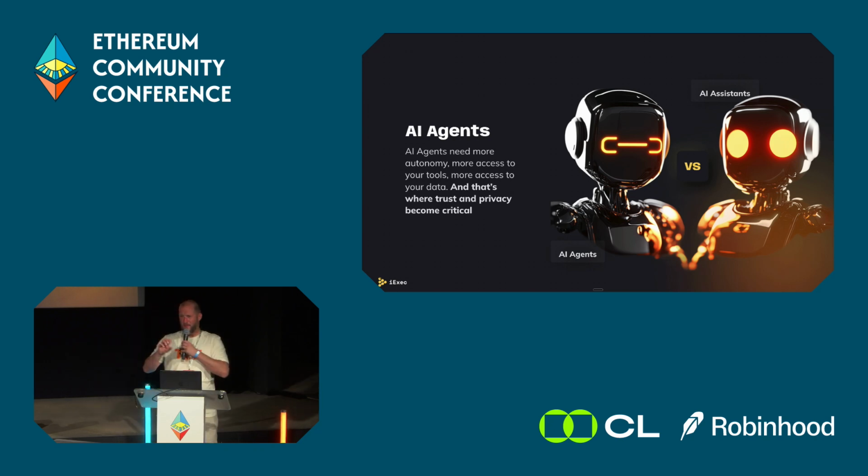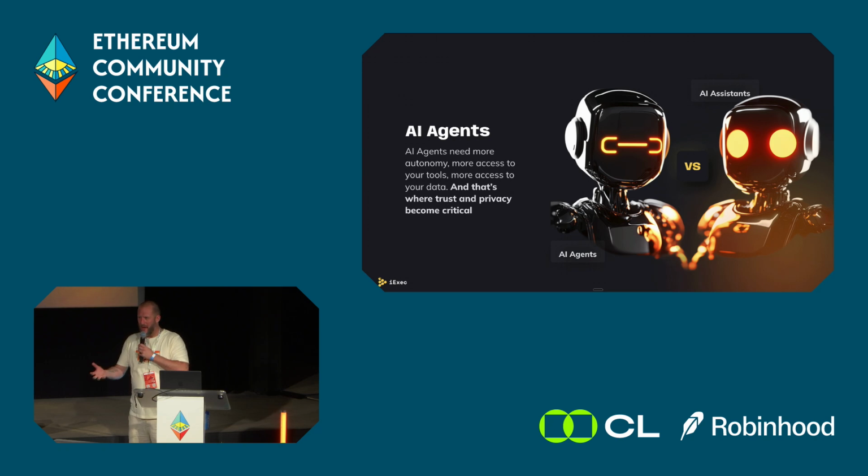They are capable of chaining actions. They are able to interact with your own tools, like you can plug AI into your Gmail account, your Google Agenda, or whatever you want. And if you want more accurate answers and a more personalized experience from this AI agent, it means you need to provide a lot of private data.